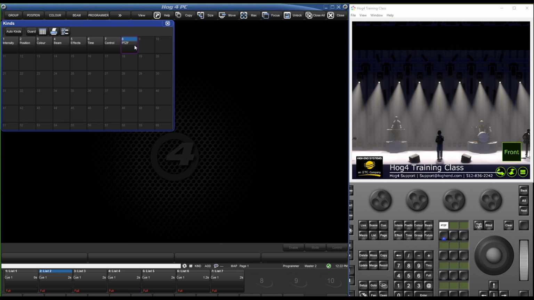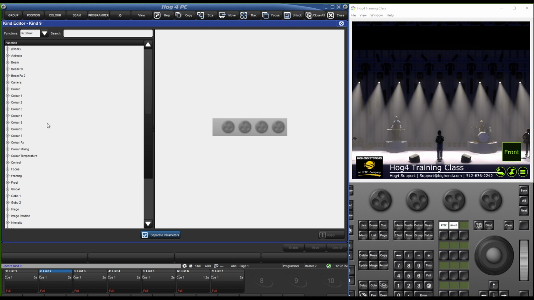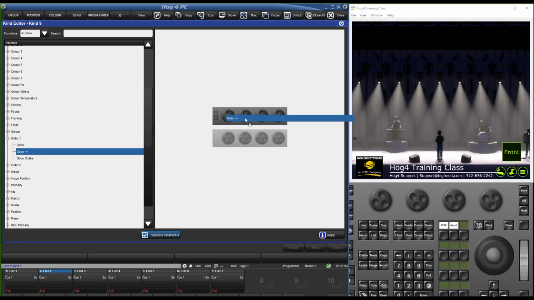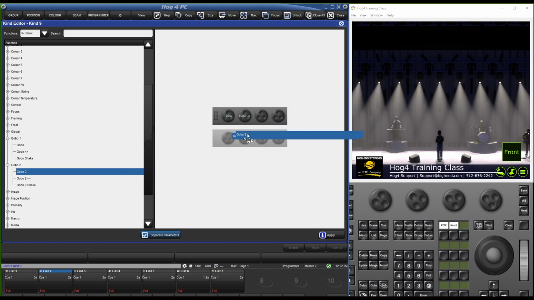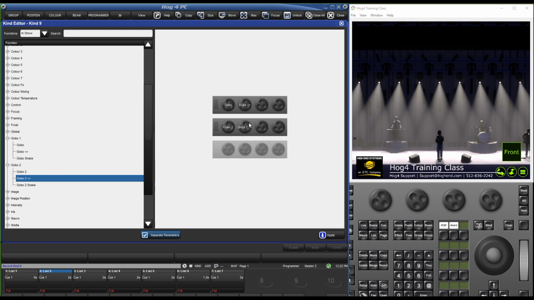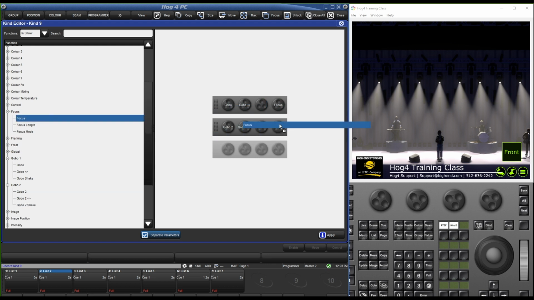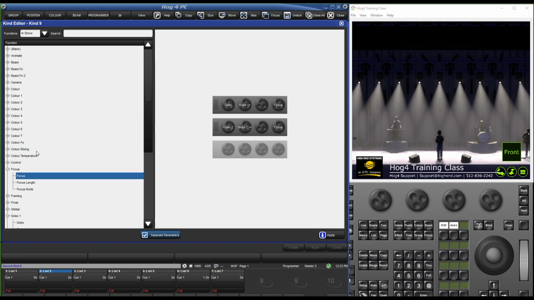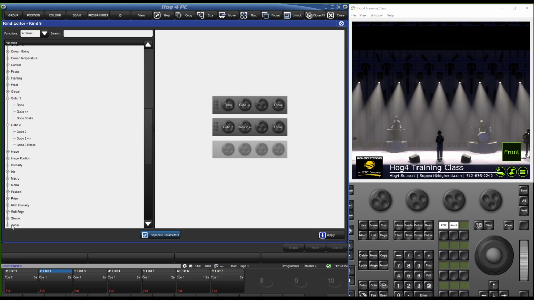Now, another tip for using custom kinds is also with gobos for fixtures that have more than one gobo. What you can do is I'm going to hit record, press on that kind, and open it. For more than one gobo wheel, so we have like two gobo wheels here, what we can do is put gobo and gobo rotate here, so that's wheel 1. And then the same thing for wheel 2, just right underneath. And then we can make these two wheels be the exact same so that your zoom and focus stay on the exact same wheels. So if I go to focus here, and you can move the same parameter onto multiple sets if you need to. And zoom,